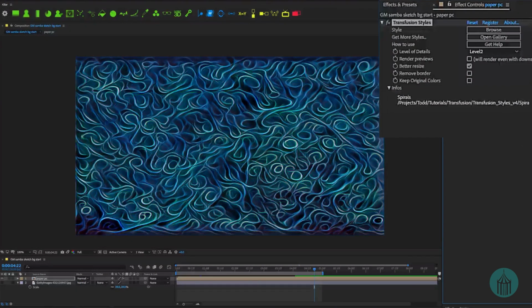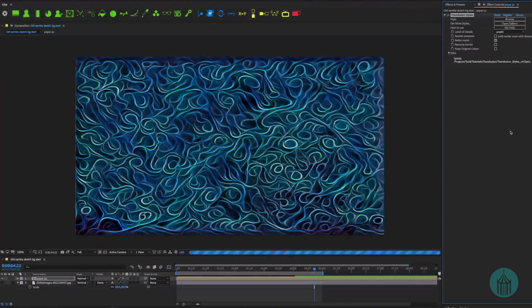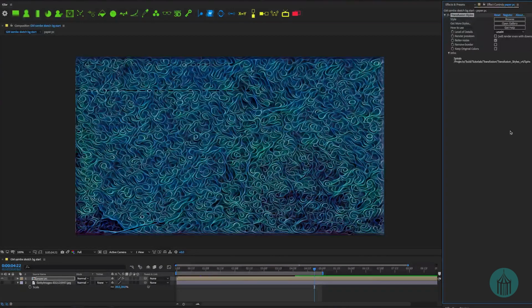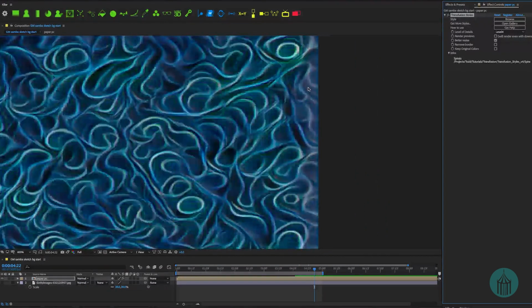Now you'll notice in the interface that there is a level of detail drop down here, and it has 4 different levels of detail. By default it's at level 2, so if we take it to level 4, let's take a look at what that will give us. And one thing you're going to notice is that this is rather processor intensive. It's a CPU based plugin. In speaking with the author, they are working on a GPU based plugin. And so there you go, you can see that we have more fine detail. The spirals get smaller as they're picking up more of the image. You'll also notice that on the edges here we're seeing some sort of